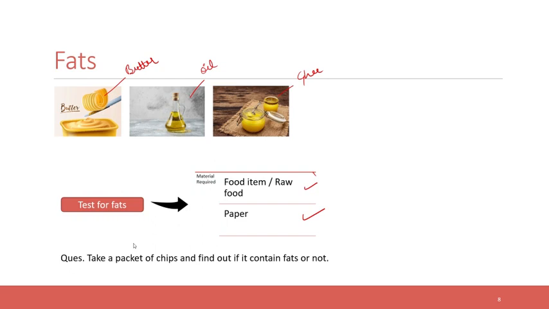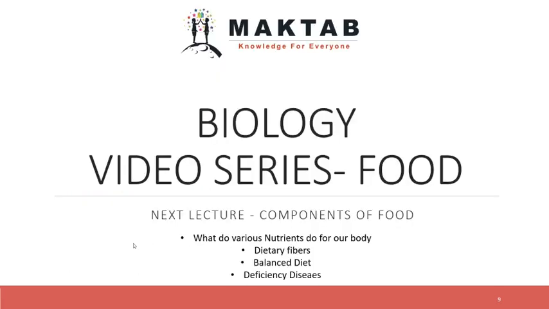Clear? So students, till now we studied test for starch, test for protein, test for fats. I hope this was an interesting class and you studied major components of food. There were five major components of food: carbohydrates, proteins, fats, and vitamins and minerals. Okay, so with this, that's all for today. Rest we'll study in our next class. We'll study what various nutrients do for our body, dietary fibers, balanced